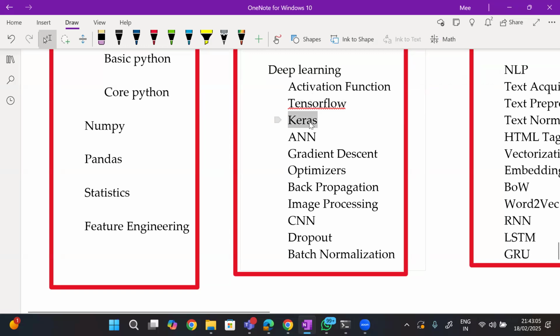Then we will go with Keras. Once you have done this, till here, when you come down, you will do almost all the coding required for your entire CNN. And then you will write the code in the ANN, and these are some of the components. Again, you will be knowing it. Again, these are coding components. And then we will start our image processing from here. Image processing we will be doing.